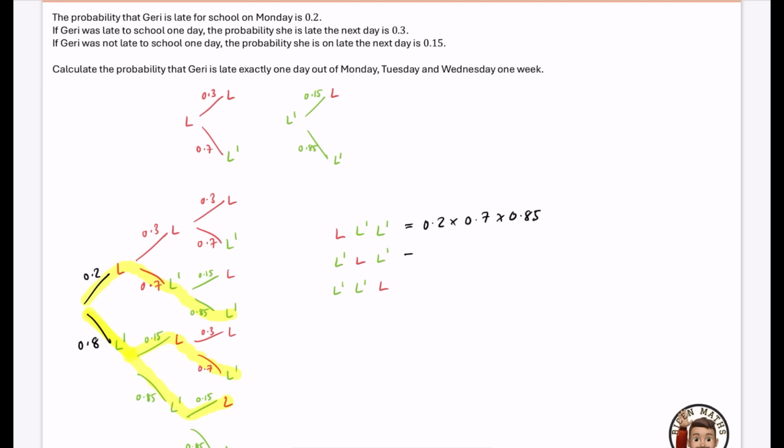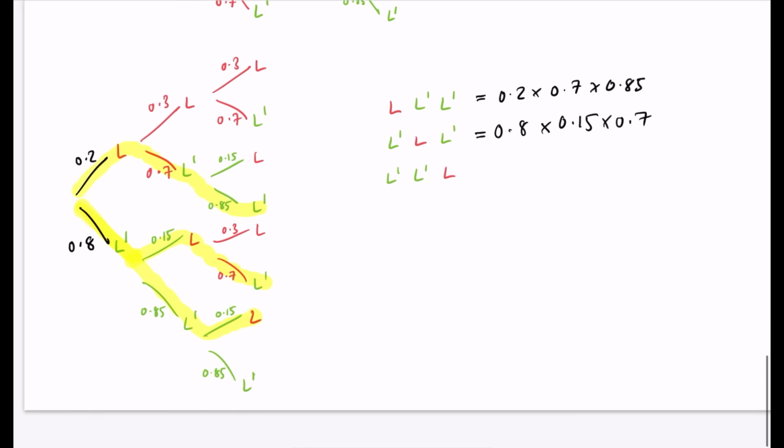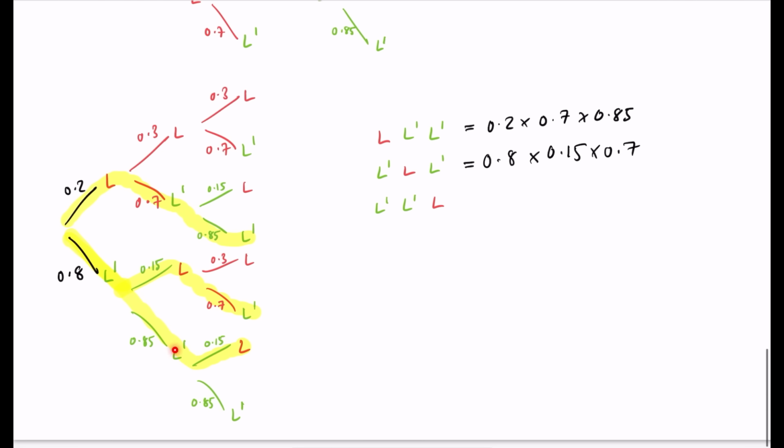Now, our second one that we've got is not late. So we're doing this branch, this branch, this branch. Let's get those numbers written down first. That's 0.8, 0.15, and 0.7. Again, you could have come up with these without drawing the tree diagram, but it might be a bit tricky thinking about them. So that's not late. Given that she was not late, being late the next day is lower than being on time the next day is even lower than it was here. I'm not going to do that explaining on the last one because hopefully by now you've got it. And our last part is this two and this one. So that is 0.8,